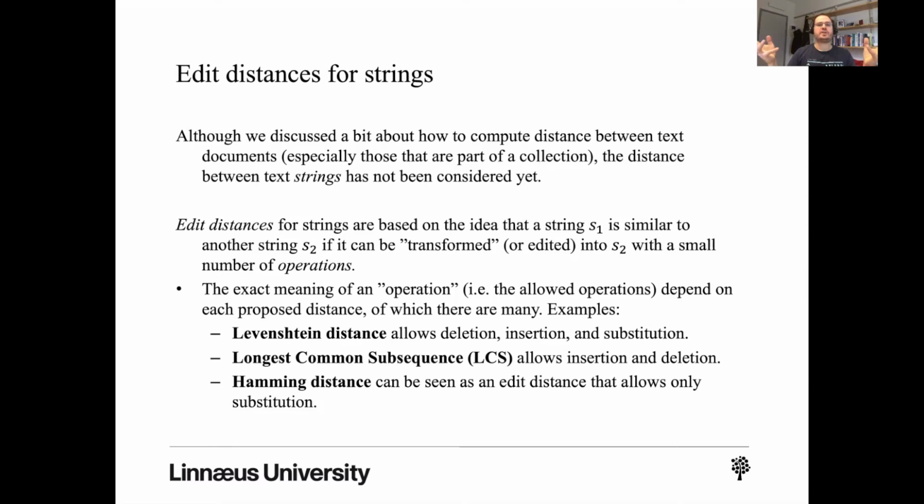So what are the operations that you're allowed to do? Well, that depends then on the specific distance measure that you're using. For example, let's take the Hamming distance, which is the one that we already just talked about, right? The Hamming distance can be seen as an edit distance that only allows substitution. So what does it mean? Well,